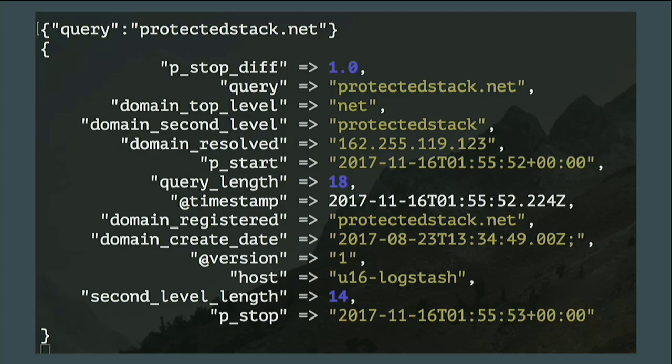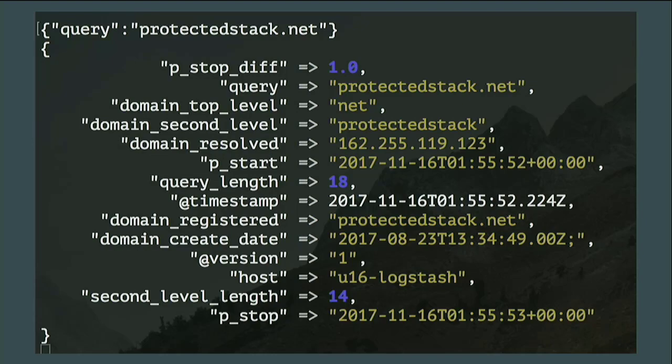How many of your analysts, how many of you, when you get an IP address, the first thing you do is you say, what's the ASN for that? What company has that, right? How many of you do whois lookups on IP addresses, right? I do this over and over and over. That's why I like to automate this.